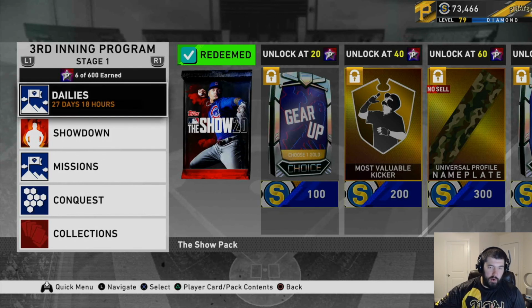this third inning program. As you can see, stage 1, there hasn't been a stage 2 yet, so it's just kind of there because that's how they put up the GUI this year. Let's take a look at what can earn you these program stars, and I'll show you where to find them. And there will be videos on anything such as the Showdowns or Conquest on how to do them quickly and